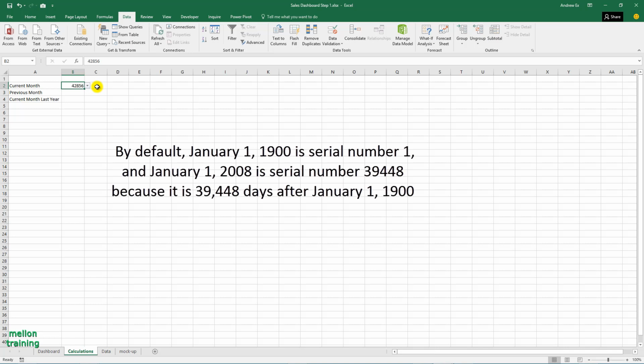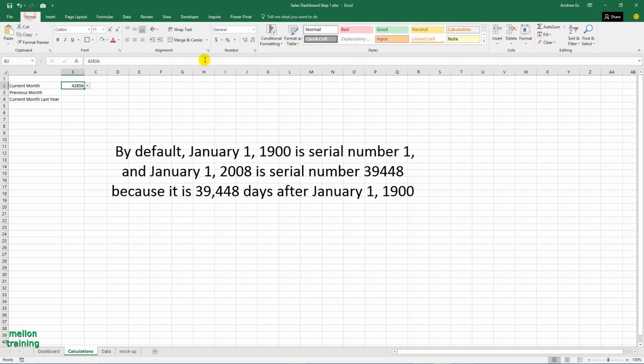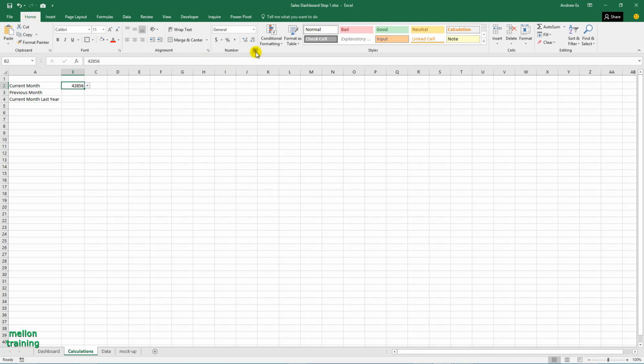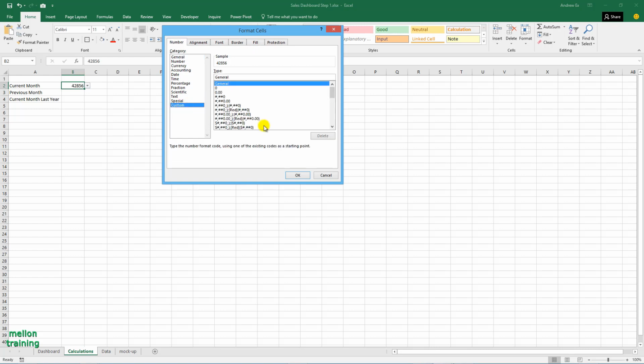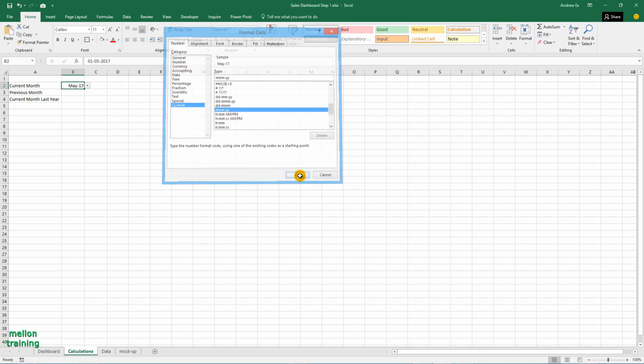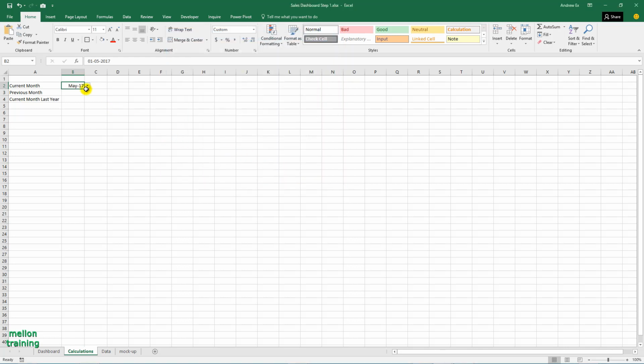By default, January 1st of 1900 is serial number 1, and January 1st of 2008 is serial number 39448, because it's 39448 days after January 1st of 1900. From the Home tab and Number settings, search from the Custom category the format you want. Here it is. Great. The first step is ready, as you can see from the drop-down list.